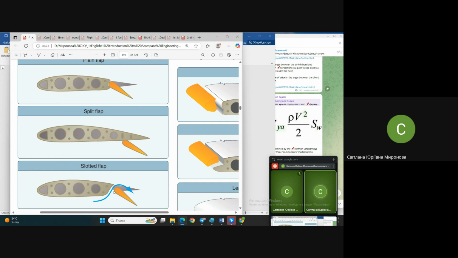It means that the design of the flap is specially made so that it does not coincide ideally when it's deviated. It does not coincide ideally with the shape of the rest of the wing, and through this slot that appeared, you do remember that